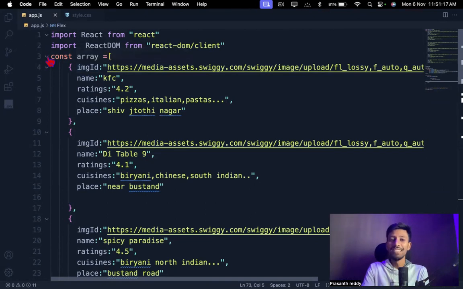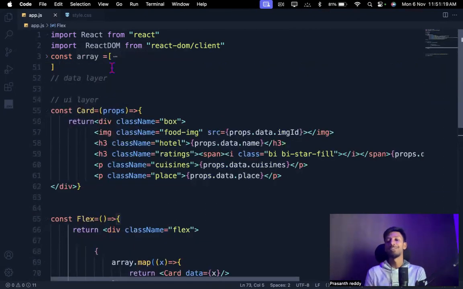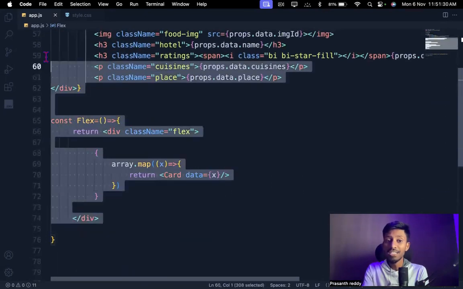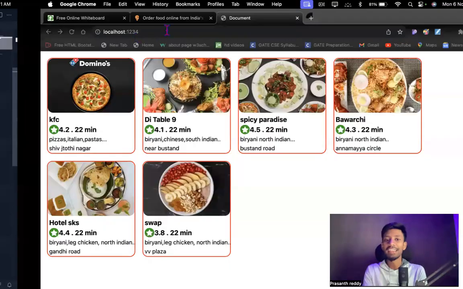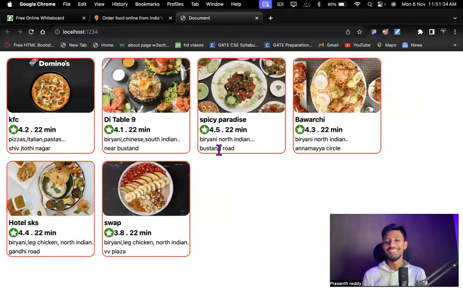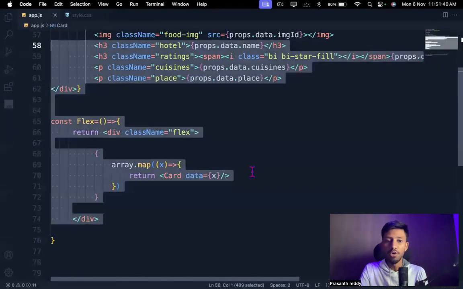For some time, just imagine we imported the Swiggy API. That means we don't have any API code here. We've written only this much code for getting these many cards. Isn't it amazing? That is the power of React, my dear friends.